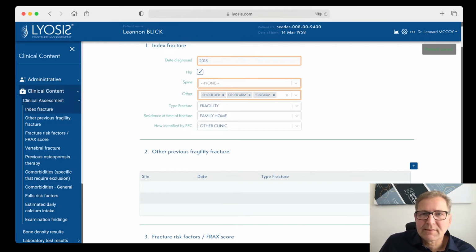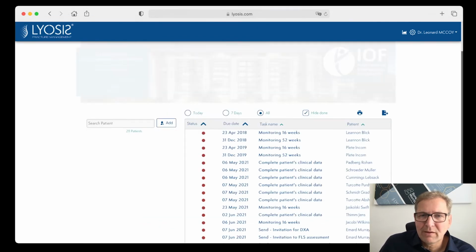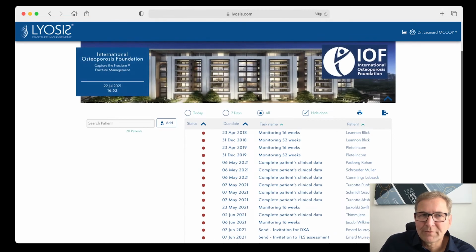And as long as you don't have all the mandatory fields filled out, you can see an open task for this patient, like this one here, that you have to complete the patient's clinical data or other information. If you have filled in all the mandatory data, then this task will be automatically deleted from the database, or let's say closed. So going back to a patient,